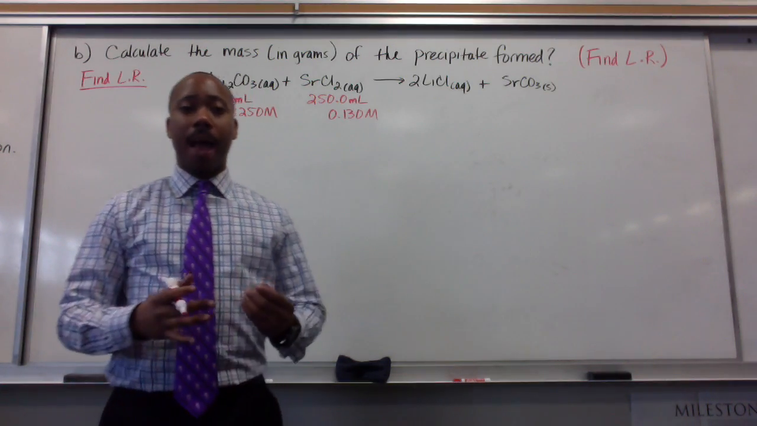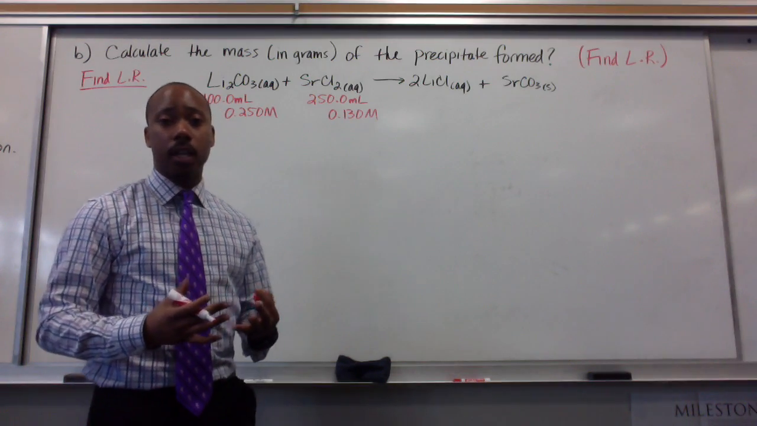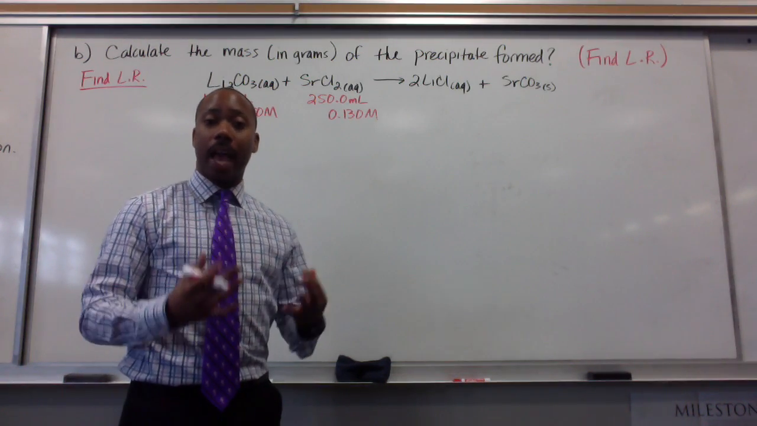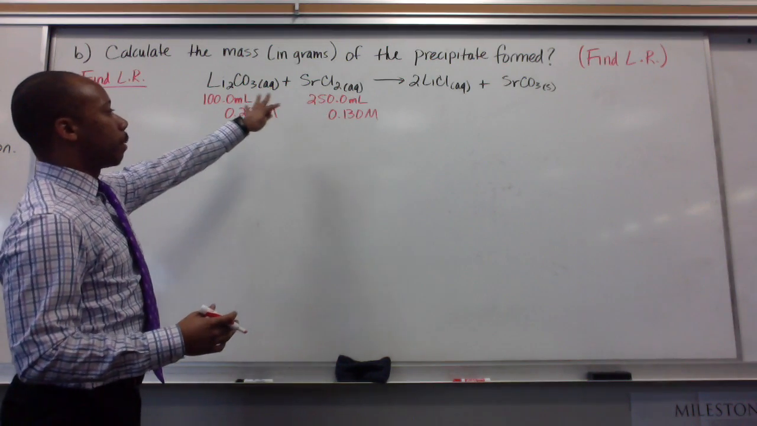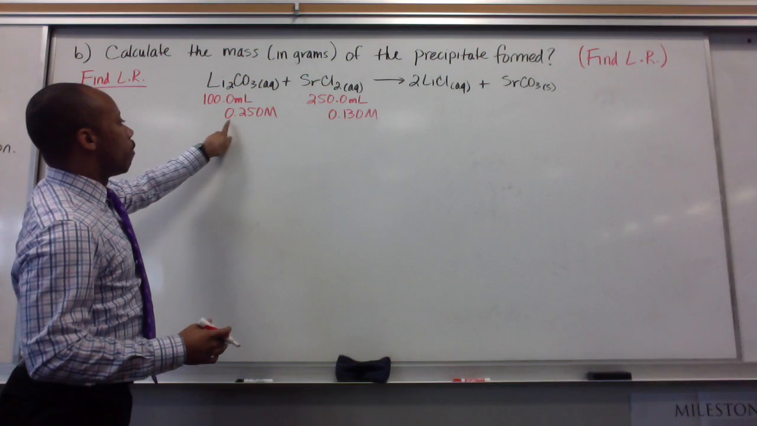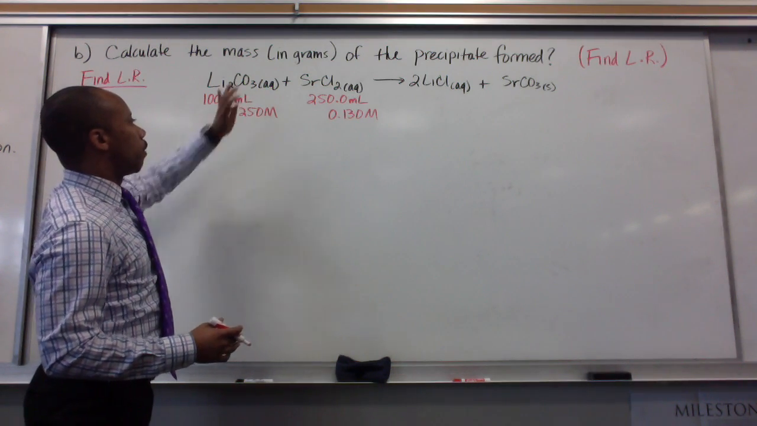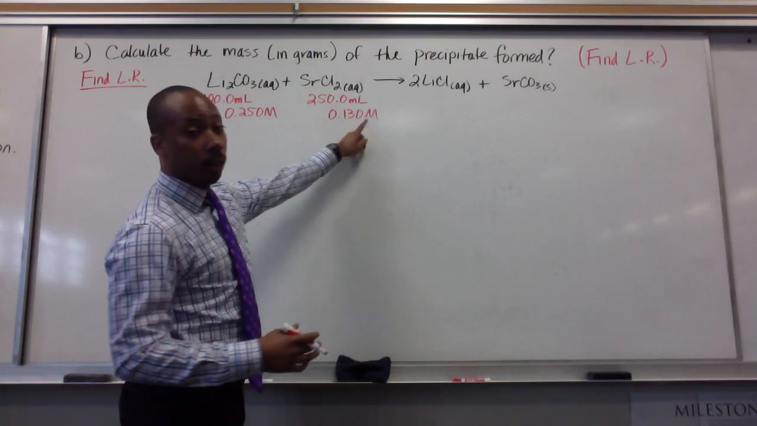So calculate the mass in grams of the precipitate formed. Our precipitate was strontium carbonate. We have to first find a limiting reactant. Now remember, here's our chemical equation here. This is my molecular equation. I have 100.0 milliliters of a 0.25 molar solution of lithium carbonate and 250 milliliters of a 0.130 molar solution